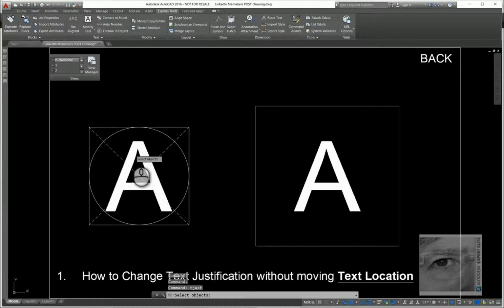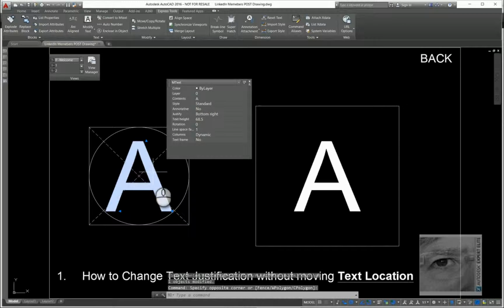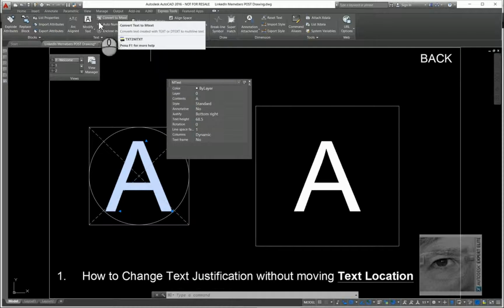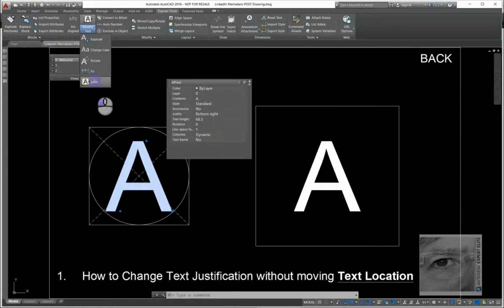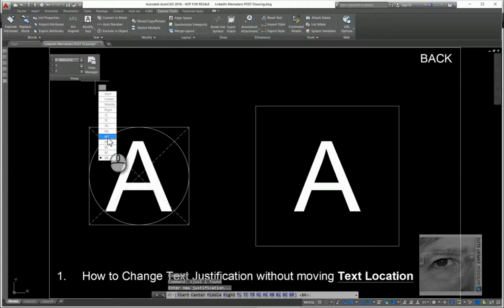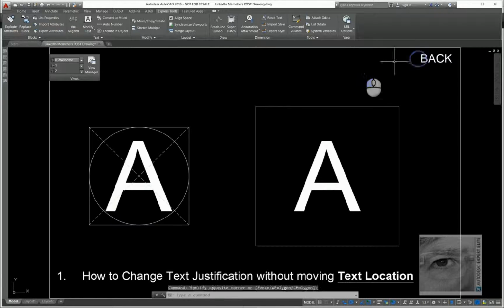If I select the same text over here and move it wherever, it won't be moving and changing its place. And then again, if I go here and justify it again to its middle center, you can see that it's not moving at all. So this was the first tip. Let's go back